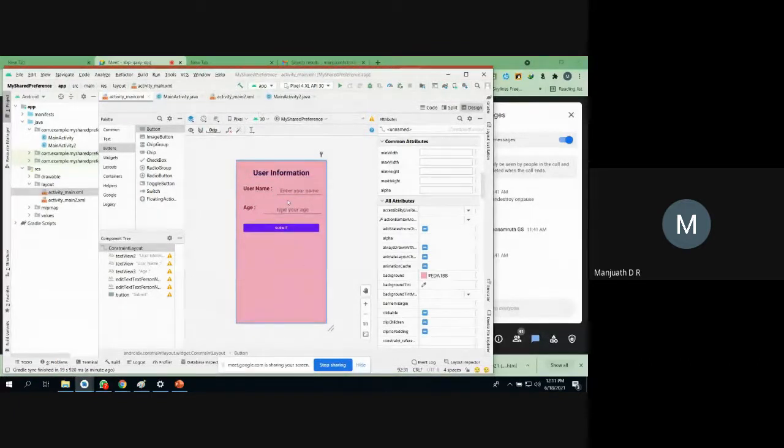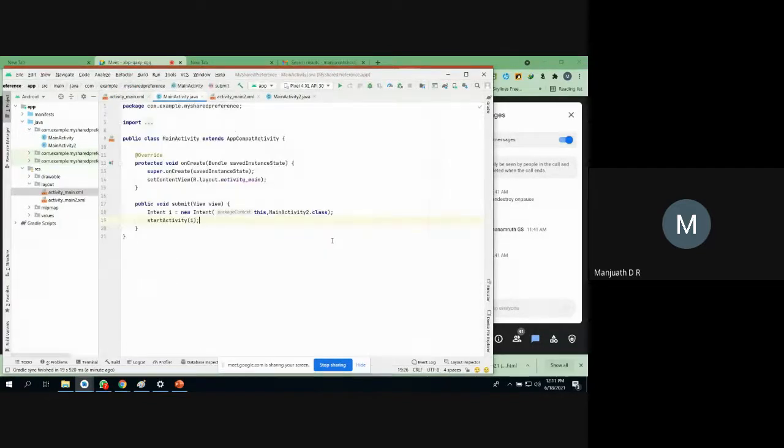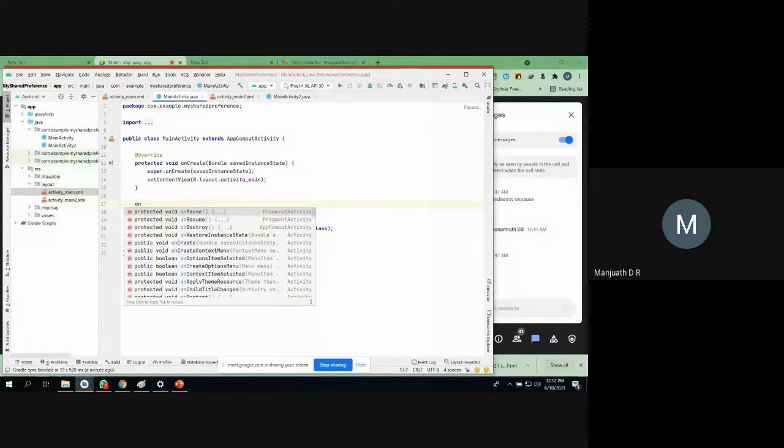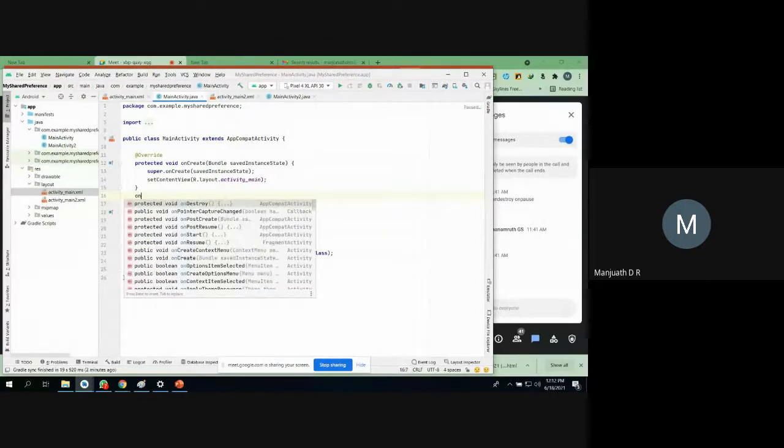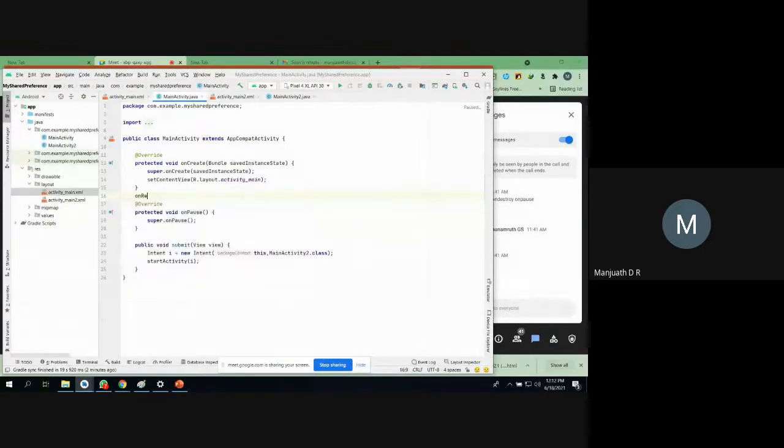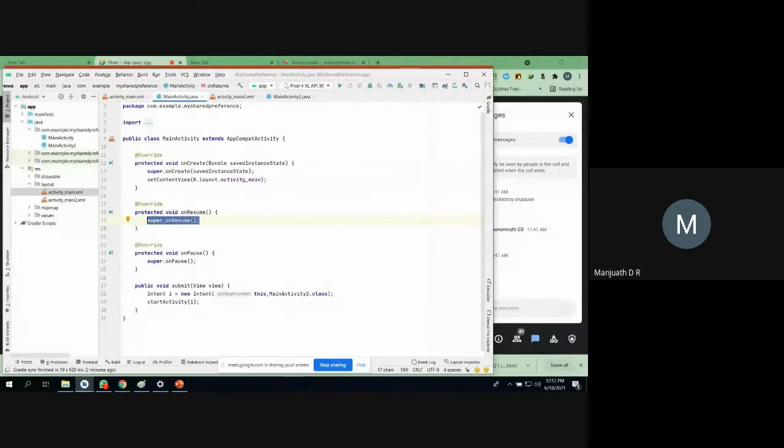Okay, so go to the main activity, and I already told you that whatever modification you want to do, you do it in two more life cycle methods, right? If you want to save information, do it in where? On pause. So create onPause. If you want to retrieve the data, maybe you can do it in onCreate also, but just do it in onResume. Use onResume. Okay, so two methods I need.